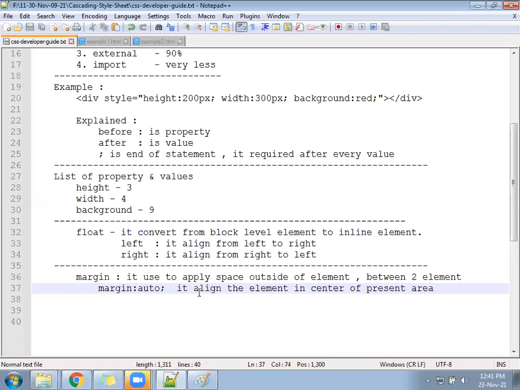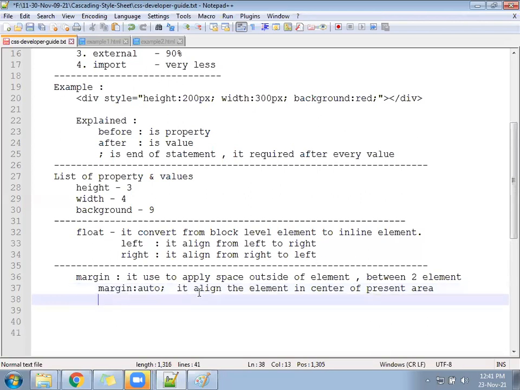Suppose you are creating a division inside the body, and if you write margin auto, then what will happen is margin auto will bring the division to the center of the screen.